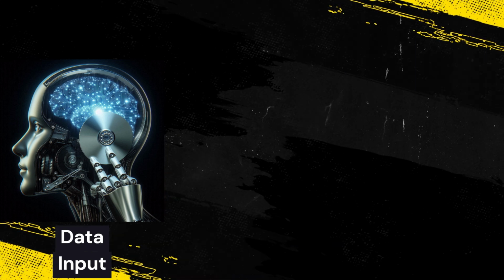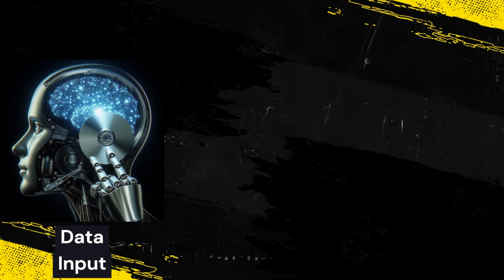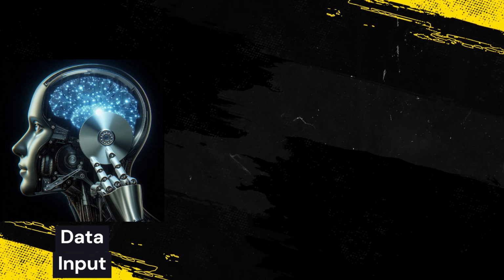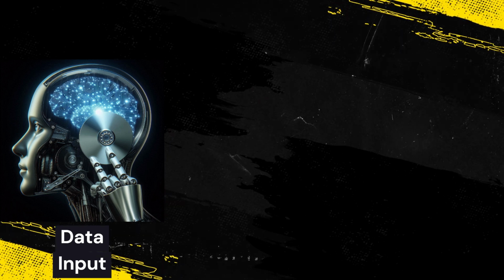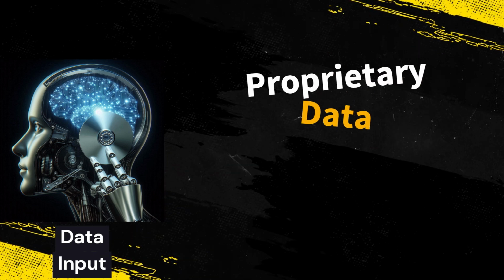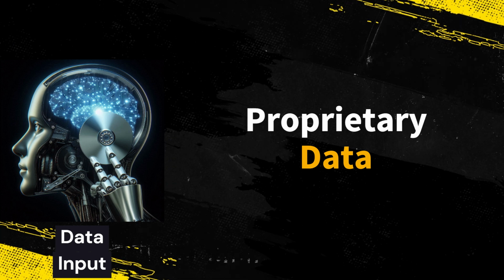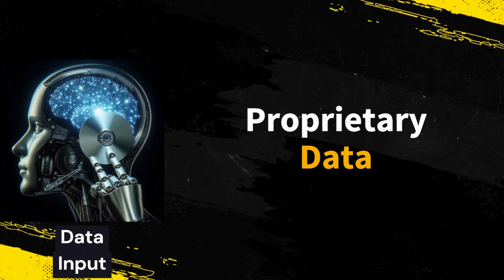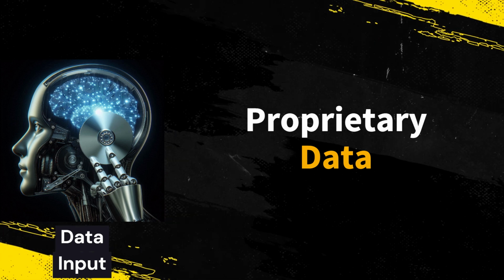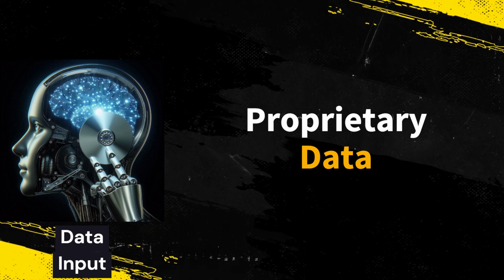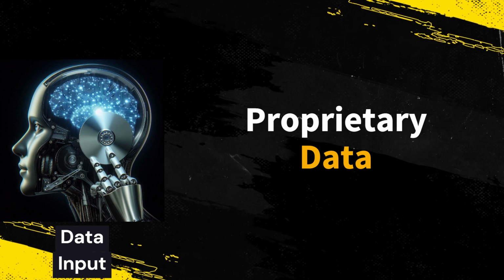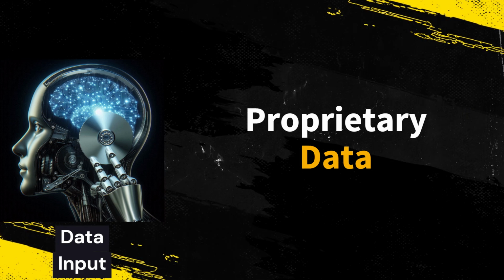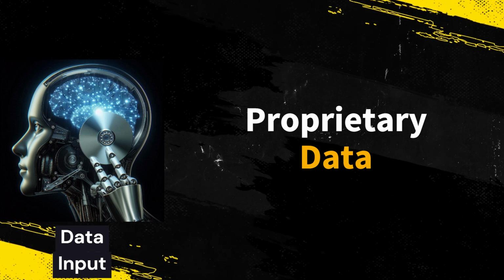Let's examine the first process relating to data input. When you are providing information to the generative AI model, you need to be careful not to input your company's proprietary information unless there are legal and technical protections in place. This is because, without any protections in place, the generative AI model may be able to use all the data you are feeding it and provide similar data to others, including your company's competitors.